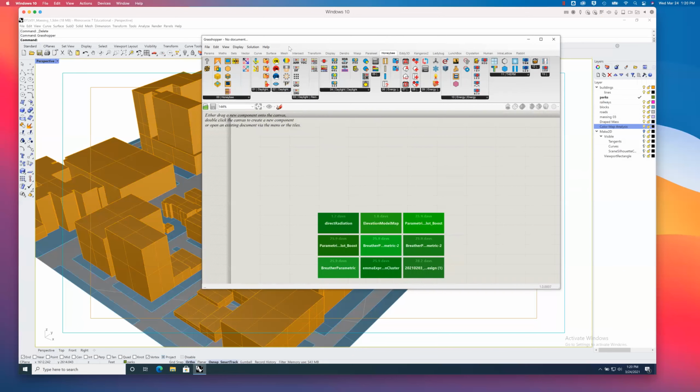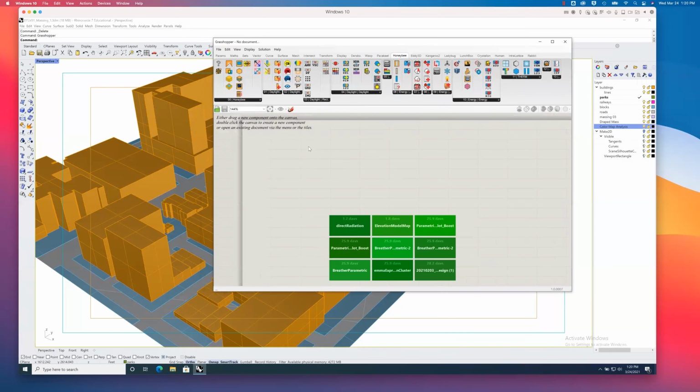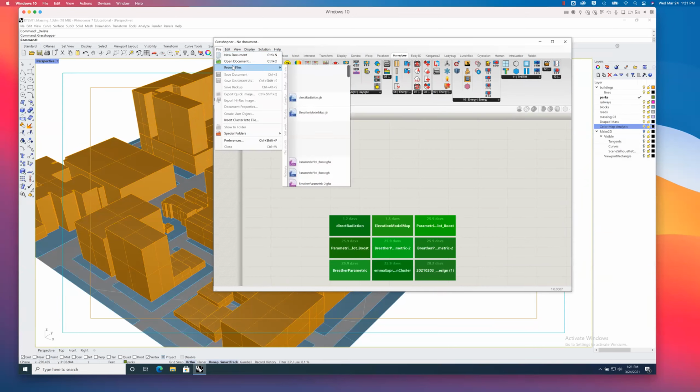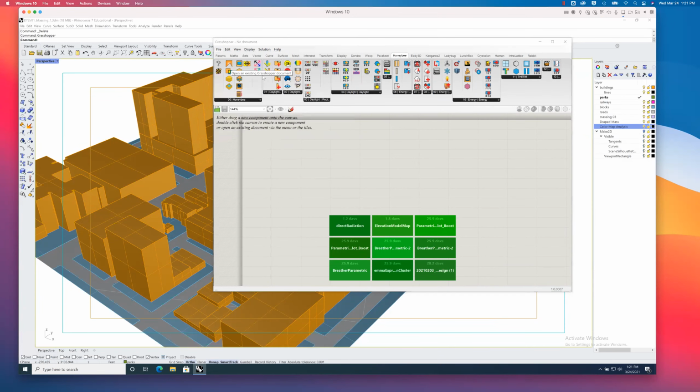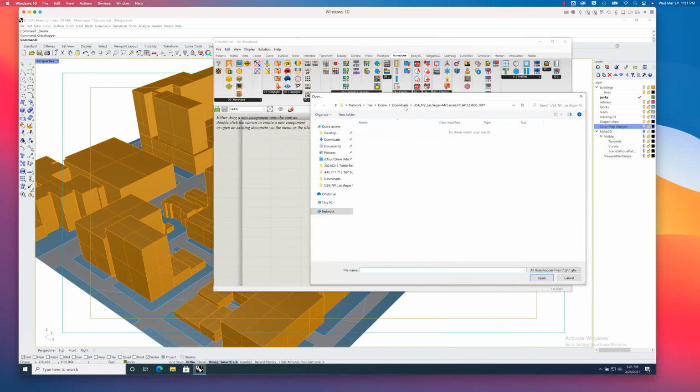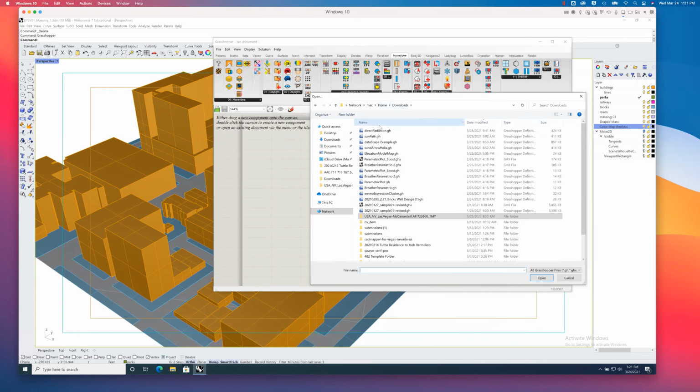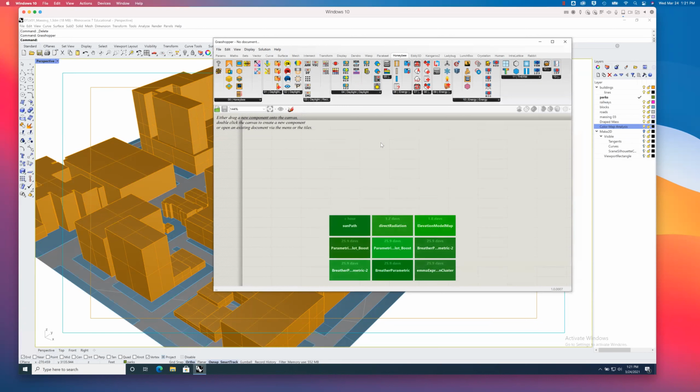Oh wait, no, I guess it's spring, so never mind. Anyway, what I'm going to do is open up a few files here. And again, I'm going to give you these files, so don't worry about it. But I'm going to first go to SunPath. Okay, so I've made a SunPath file,